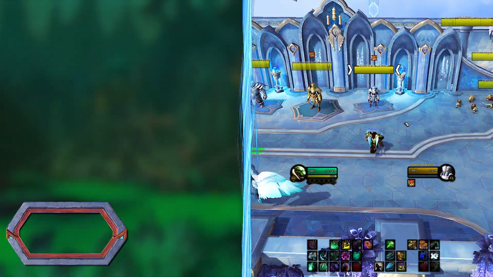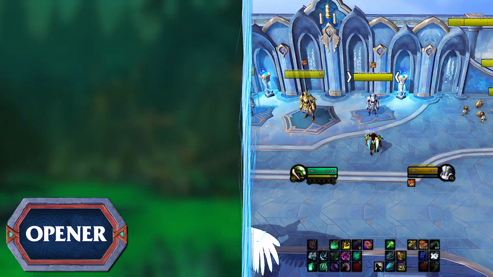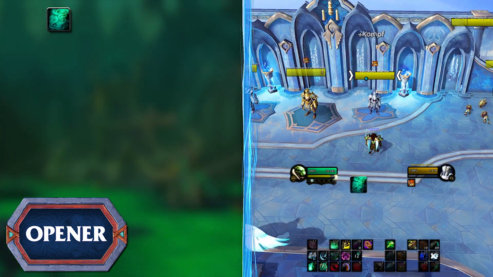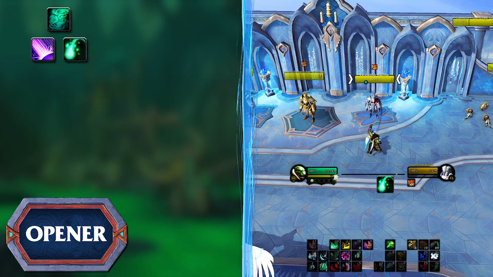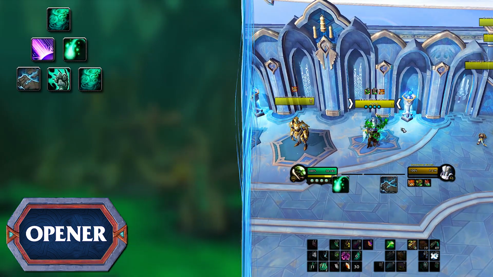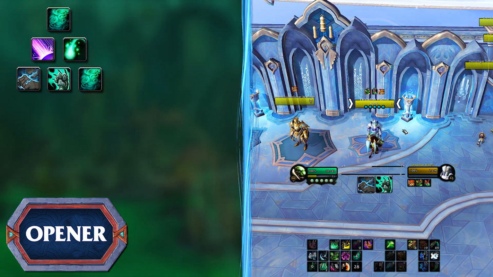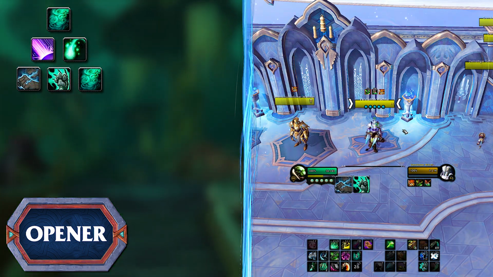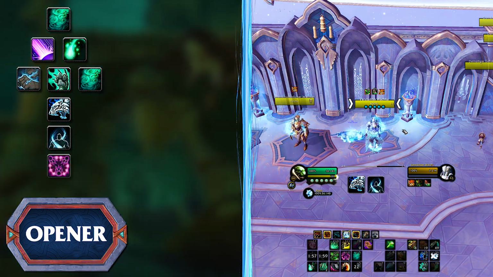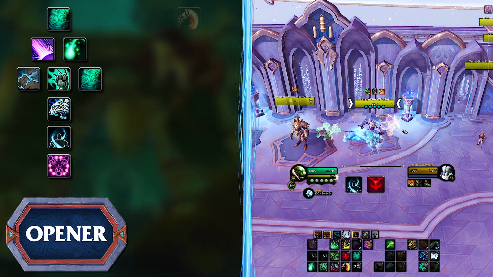Before you start the combat, 15 to 20 seconds if you can, precast Expel Harm, so you can generate a Chi. Just before the pull, precast Chi Burst or Chi Wave. Next, you want to get 5 Chi with either Fist of the White Tiger, Tiger Palm, or Expel Harm, or a combination of these. Then pop Invoke Xuen, pop Weapons of Order, use Storm, Earth and Fire, Rising Sun Kick